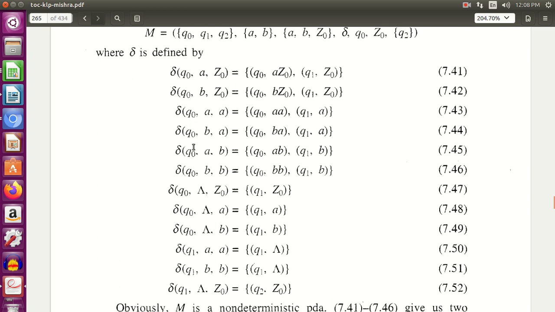Okay, and if you are separately asked for odd length palindromes, then you have to add this entire thing. You remove this production, add this one, add this one, add this one. That's it.